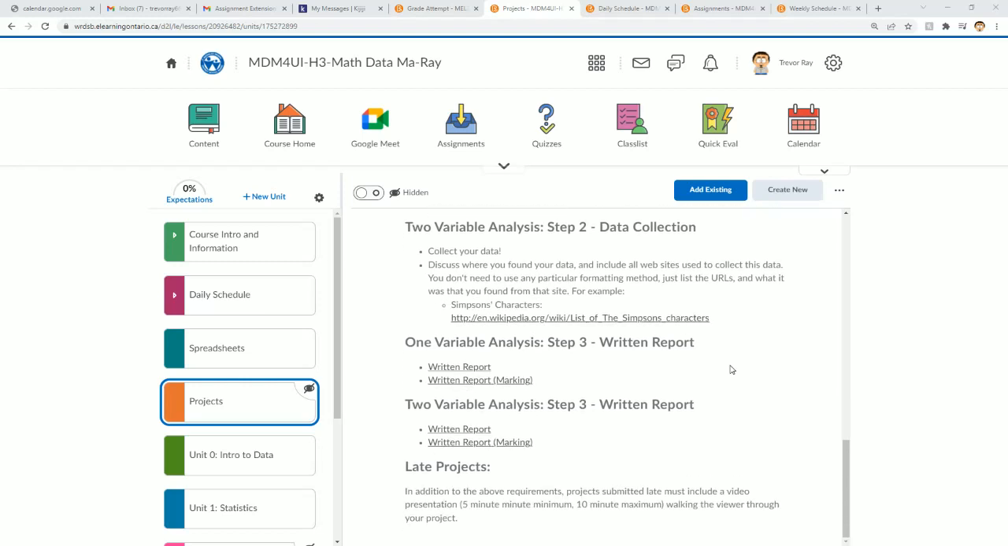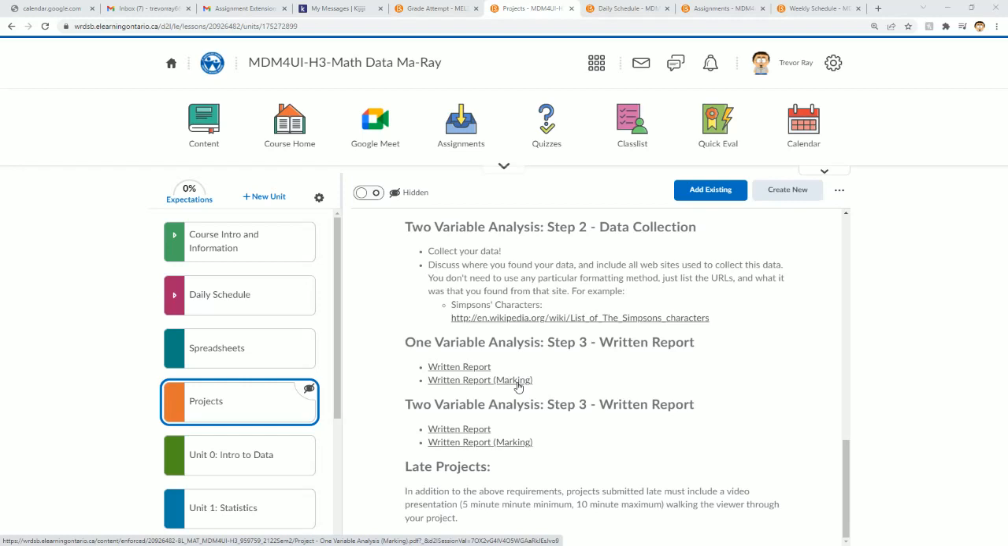Then once all that's done, you can actually start the written reports. The written reports are extremely straightforward and prescribed. They tell you what sections to call everything. They tell you what to do in each section, and they have a marking scheme for each section. Now, I know some students in the past have had